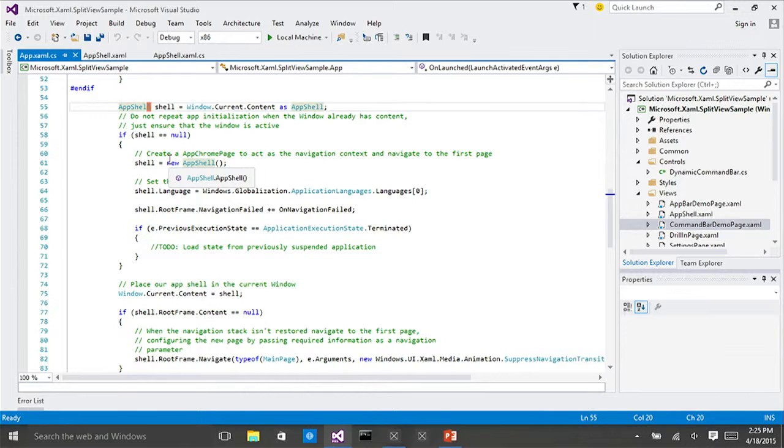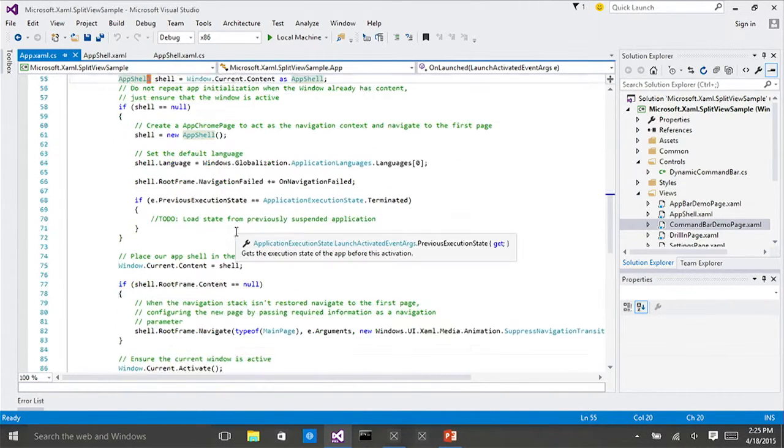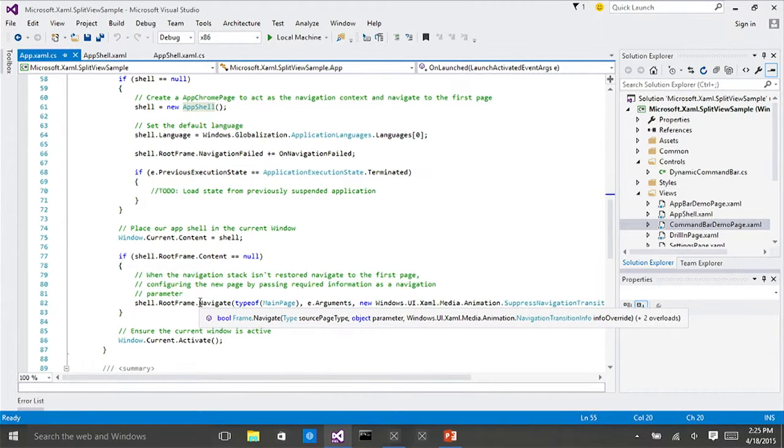The app shell has a frame within it that I'm pulling out and hooking up to the different events for navigation failed, as well as when I call the navigate event. The sequence here is very similar to what you get with the basic app when you start it and load it by default from Visual Studio. Now if we look at the app running,